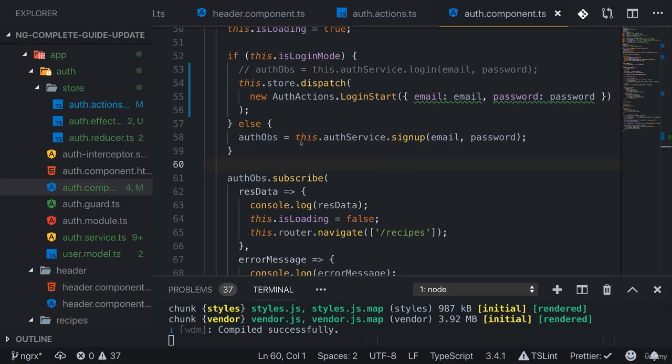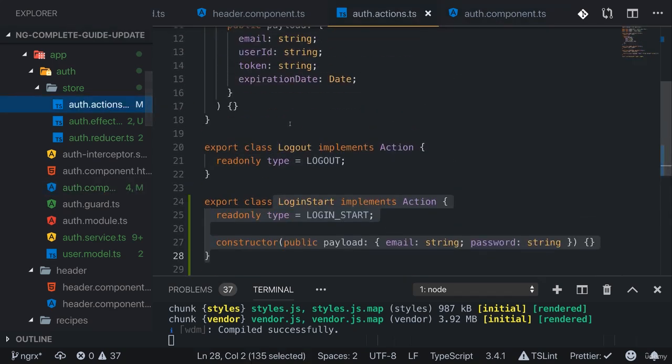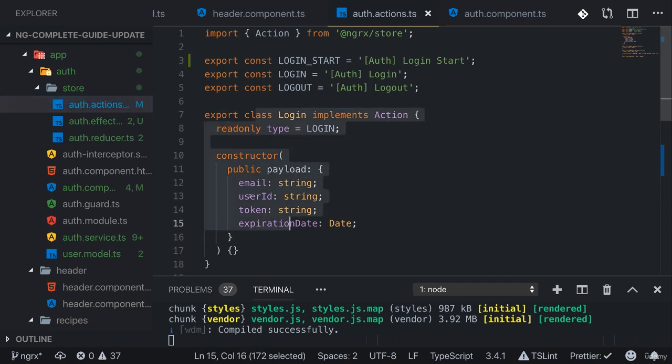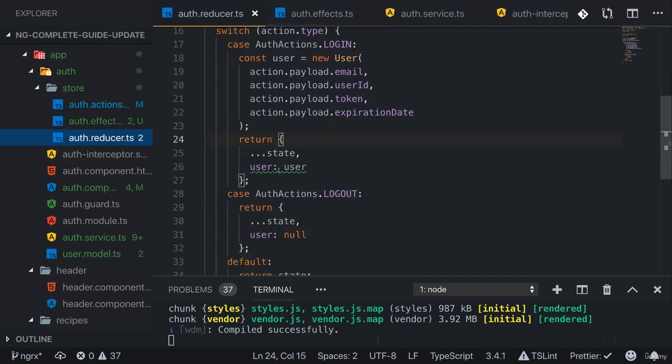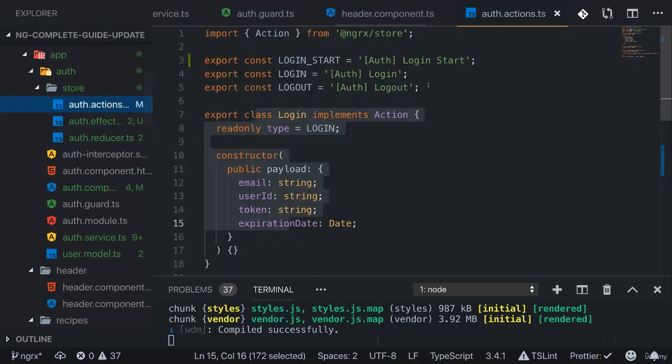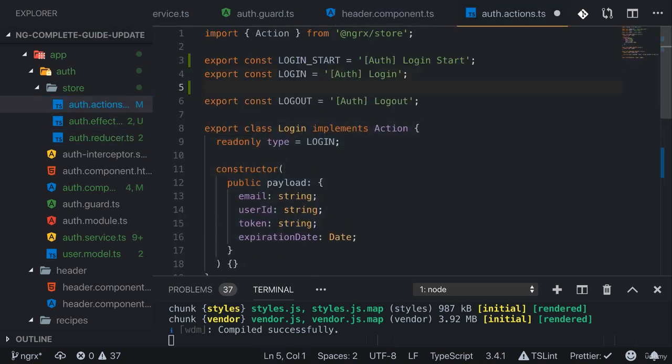The solution to the problem we're facing here is that we need to manage more of our authentication related state, and also the state that only matters to this component here, in our NgRx store. To be precise, we should at least manage whether we succeeded or failed. Well, we are managing the success case here with the login action, which leads to the reducer creating a user object. We should also add a login fail